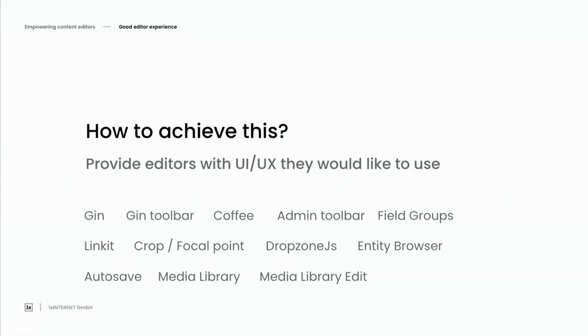And then how can we achieve this? That's the question to developers now. So what would make the editor experience better? Of course, there is Gin theme, Claro or Gin. And there is Gin toolbar and the Coffee module and Admin Toolbar, everything that helps editors to find the links